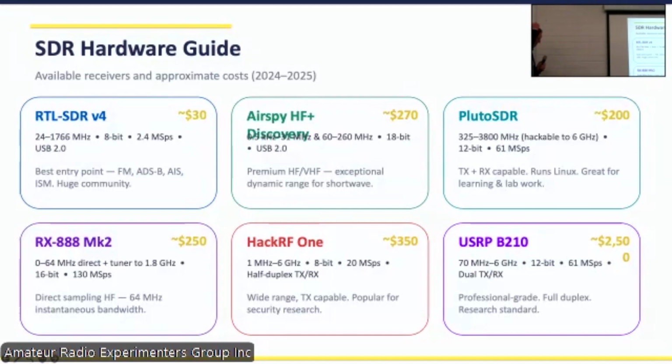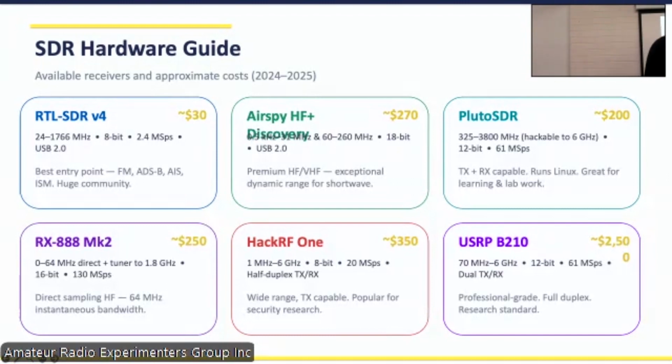The RX888 Mark II, we're using this, I believe, out at our receiving station, that's right? Yes. So this is just a USB connected receiver. It is ridiculously sensitive. It's able to receive 60 megahertz from 0 to 60, and it'll do it all day. And its partner is called the Web 888, which has got an ARM processor and a web front end, and it does decoding as well.